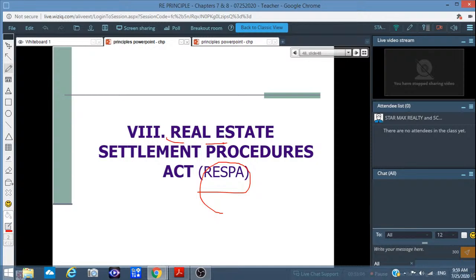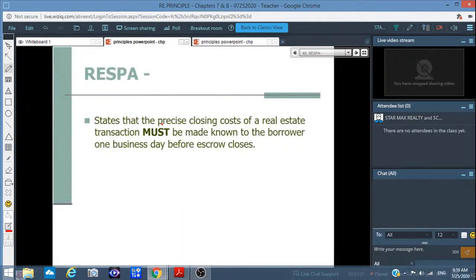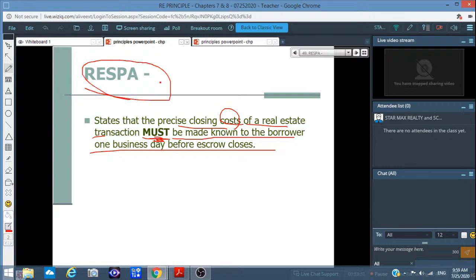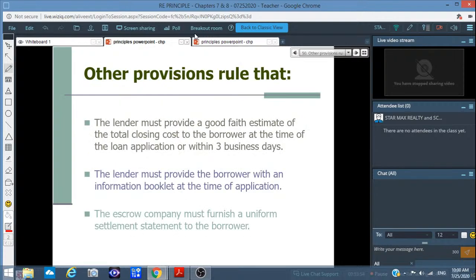Alright, Real Estate Settlement Procedure Act, RESPA. Okay, Real Estate Settlement Procedure Act. OK，这个呢怎么去买卖结束的法律，OK，大部分的讲这个清单了，OK，这个费用有宣布出来。They state that the precise closing costs of a real estate transaction must be made known to the borrower one business day before close of escrow. 一天之前，它结束操作这个交易之前，OK，借款者必须要知道所有的费用，OK，所以这是 RESPA 的法律。